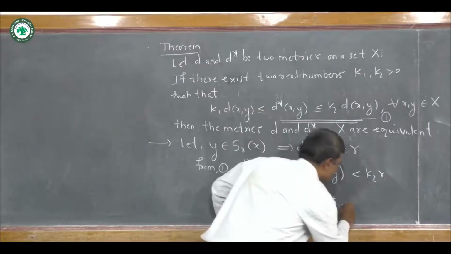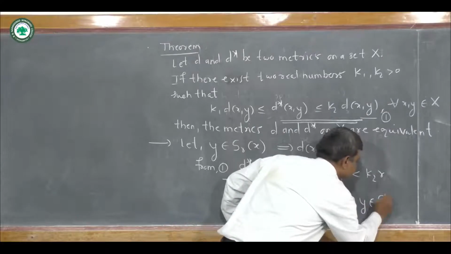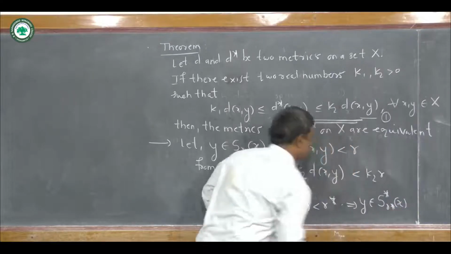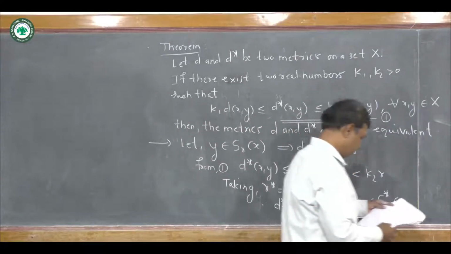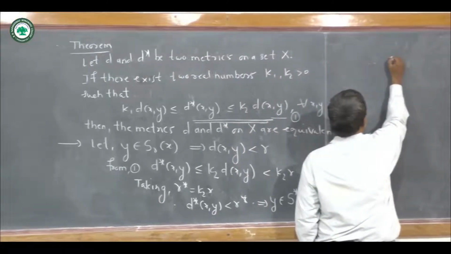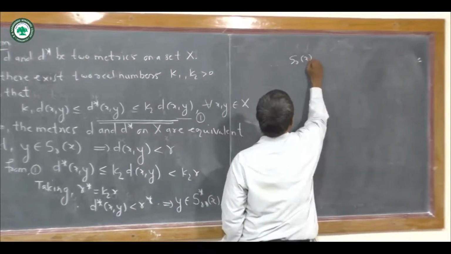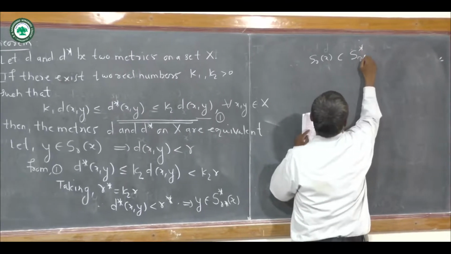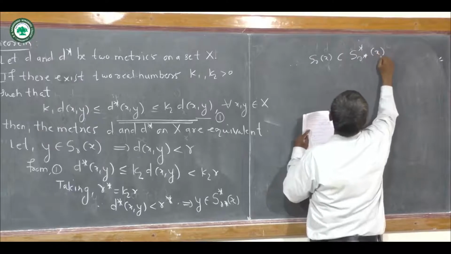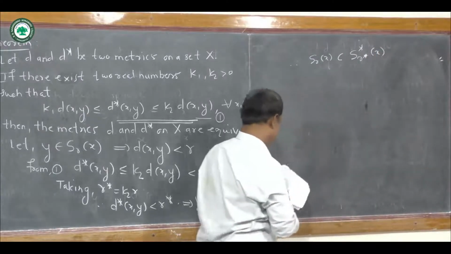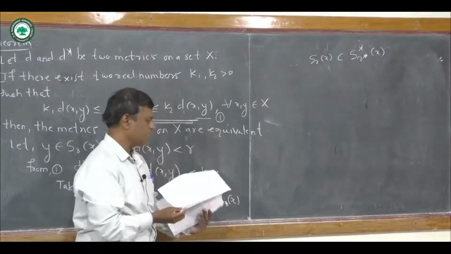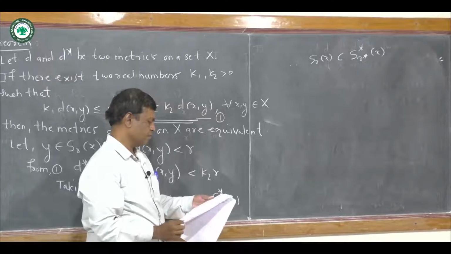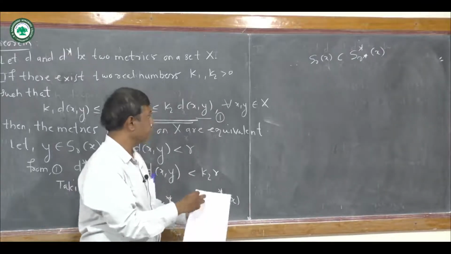This implies that Y belongs to the open sphere S star, R star, X. So therefore we write the open sphere S R X is contained in S star, R star, X. So this is actually the second condition of the previous corollary. Then